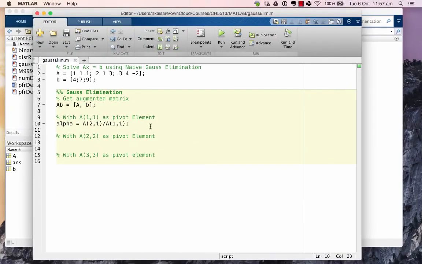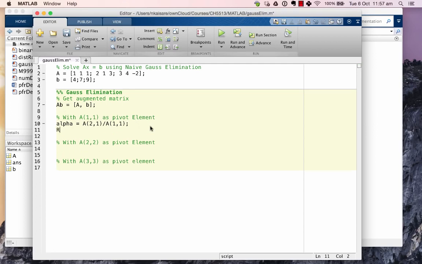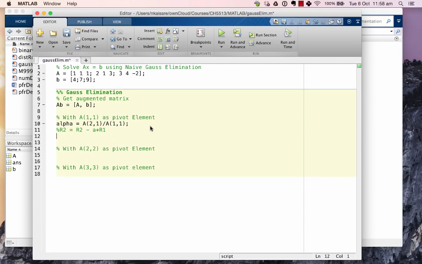Okay, so that's going to be our alpha. Our row 2 equal to row 2 minus alpha times row 1. Okay, this is not a correct way. So how do we get the row? How are we going to get the row? We are going to get the row of the AB matrix, and the way we are going to do